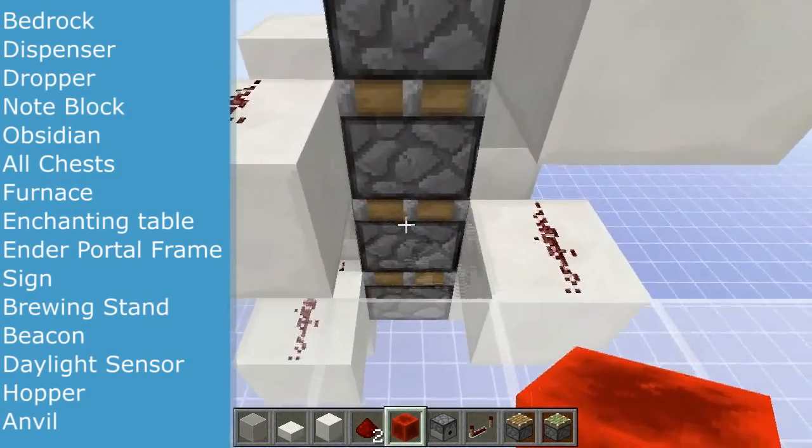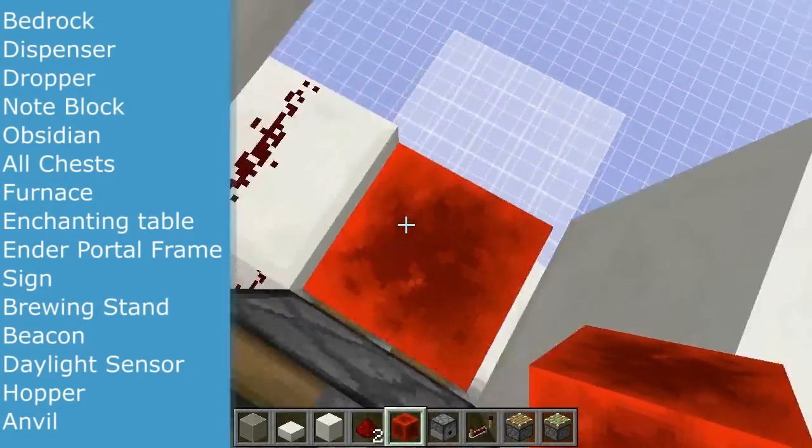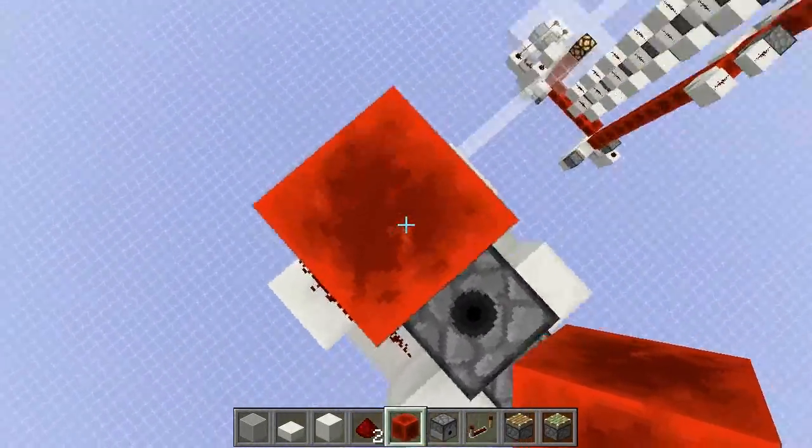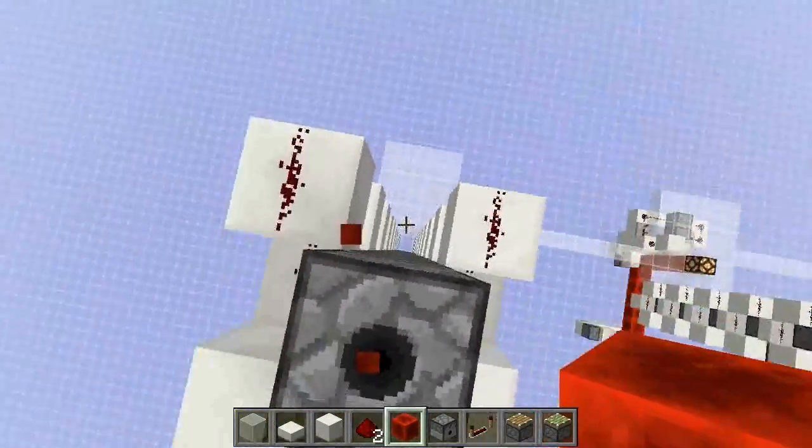And that is it for the simple design. You can put down your redstone block and it will carry you away as high as you need to go. Once you reach the top, you will manually have to break this redstone block and place it again when you're